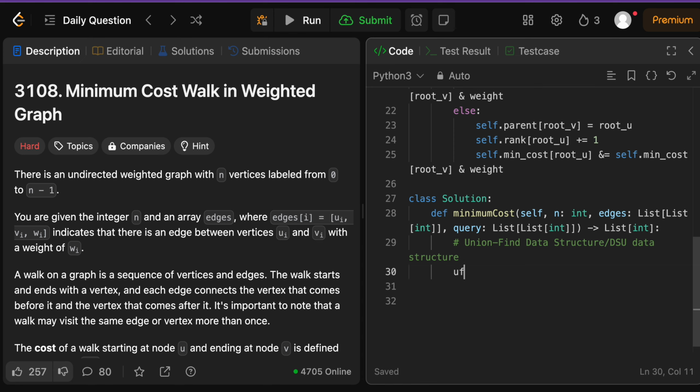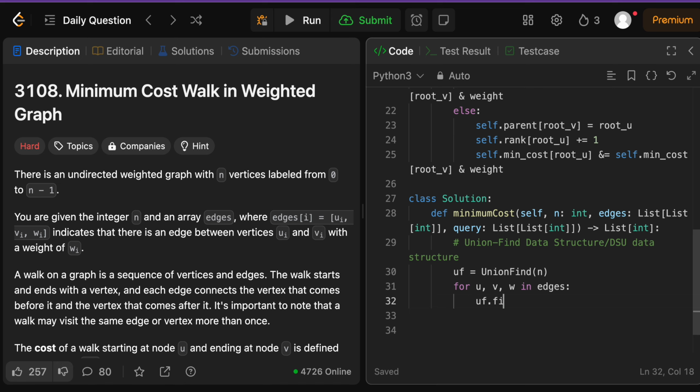So we're first going to get an object of our union find class and initialize it, and we're going to pass in as our parameter, you guessed it, n, the number of vertices we have in our current input graph. And now let's iterate through edges and call the union method on those specific edges, for all the vertices u, v, and their corresponding weight. So for every u, v, and w, I'll say w, I think it's easier, in the input array edges, we're going to get uf,